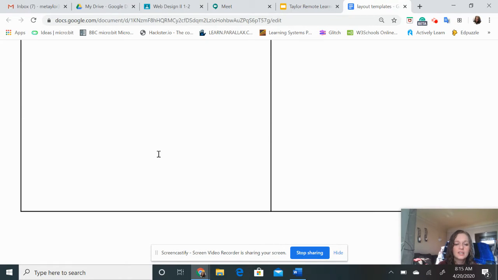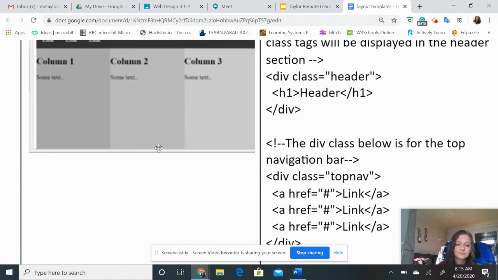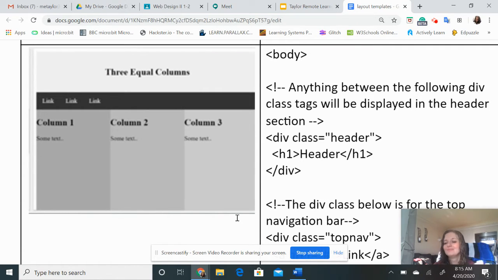And then the next one is 3 even columns. So columns 1, 2, and 3. Depending on what you're doing, this might work. I've had different people do this for different reasons. I had a girl that did, it was about countries. I think it was the countries she had visited. So again, kind of about her, but it was countries in South America. She did multiple pages about the different countries, and then each country had a column. So again, it's up to you how you want to do it.